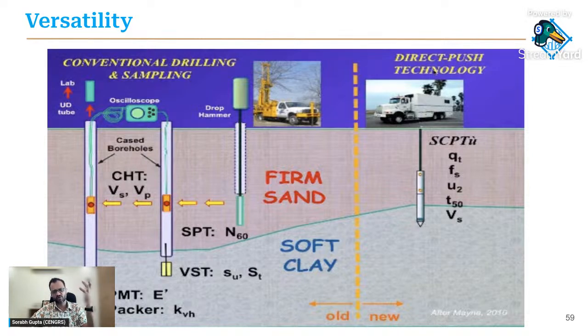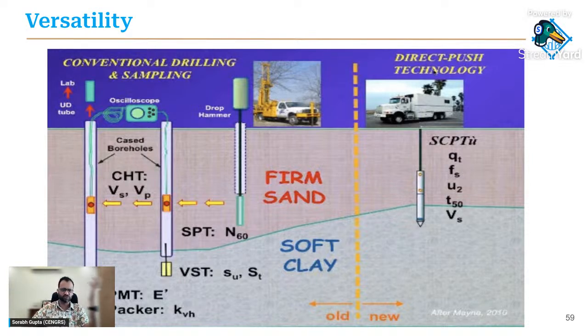If you want modulus, you may have to do a pressure meter test. If you're in soft clay, you may have to do a field vane shear test. You do an SPT, you may have to do a cross-hole seismic test to get shear wave velocity and so on and so forth. So what I particularly love about the CPT is that with a single push, say in this case of a piezo cone or a seismic cone, you get all of these parameters